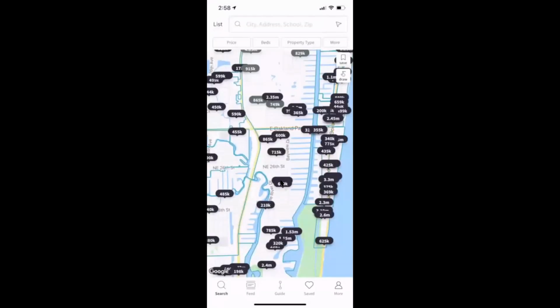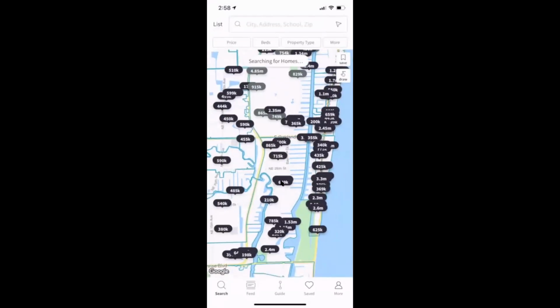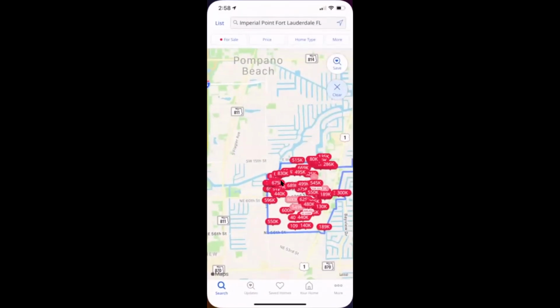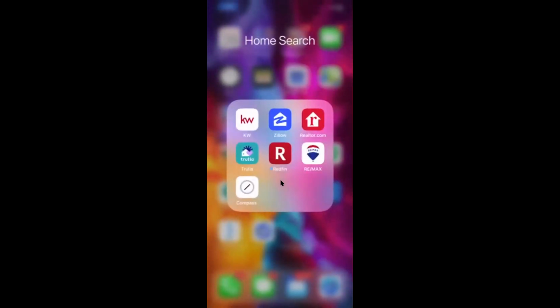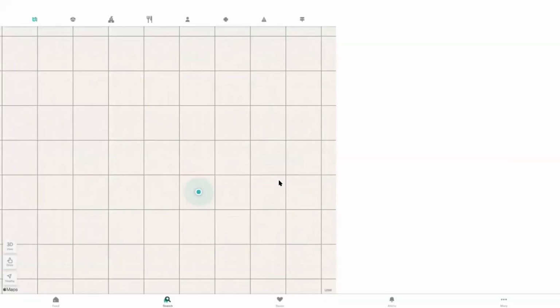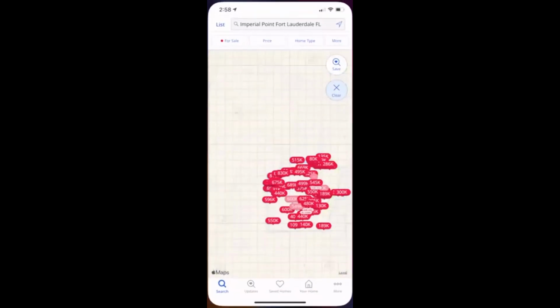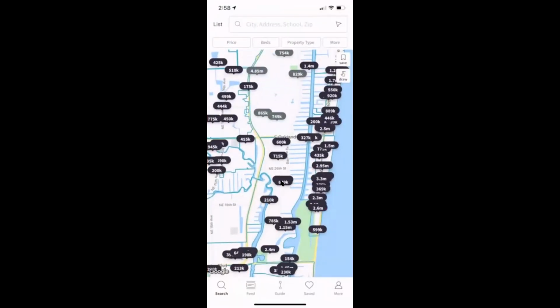You guys, there's no app like this on the planet right now. No one else's app comes close. The one I found closest to what we just did maybe is Trulia. Trulia has some of this stuff built into theirs, but it's still not a perfect experience. So that's the power of why you want to build this and get it into their hands. So I'm going to stop sharing there really quick,